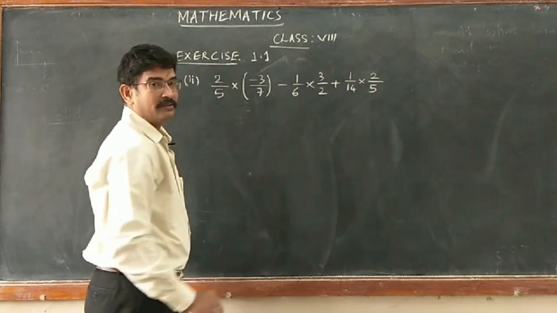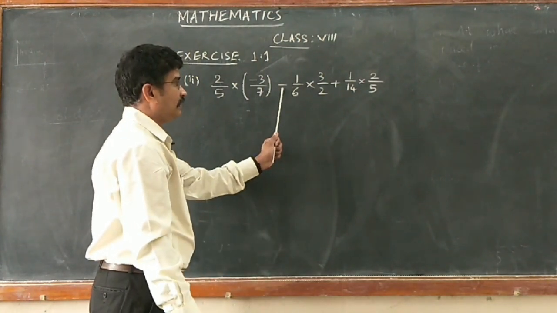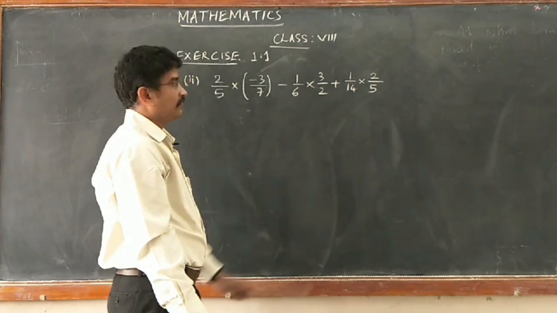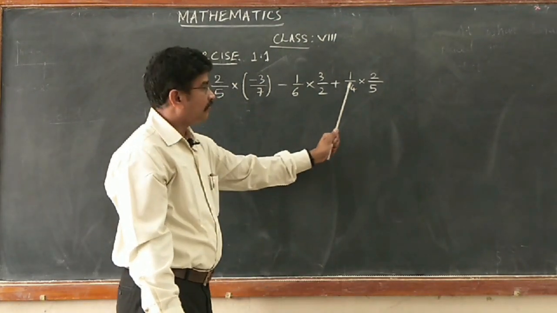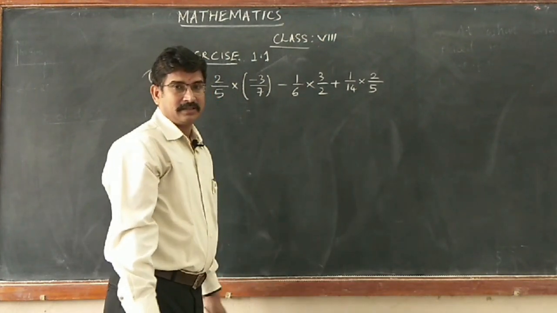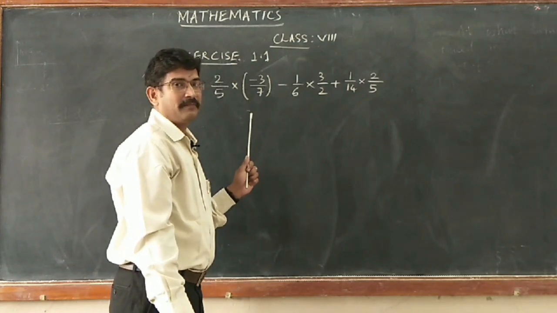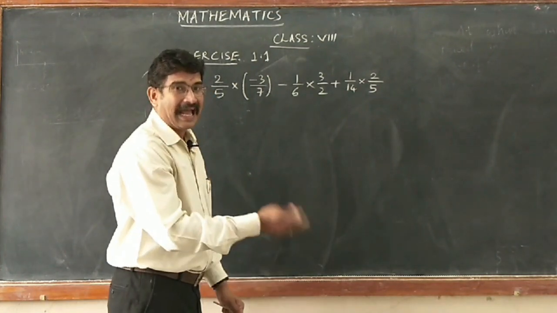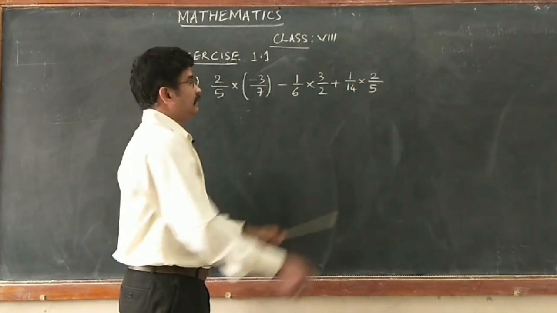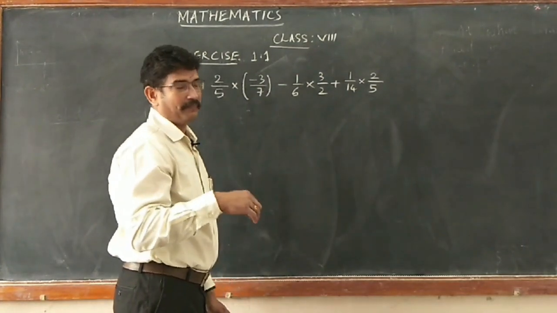By watching here you could observe there is a product of two rational numbers, next a minus sign, a product of two more rational numbers, a plus sign, a product of two other rational numbers. That means it is a product of two individual rational numbers which are algebraically added. Algebraically added means maybe added or subtracted. One way it is algebraically added, we say.